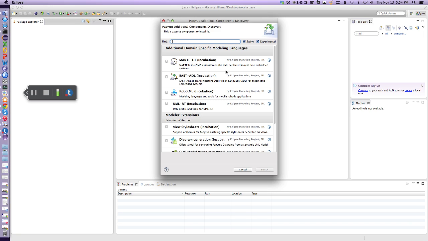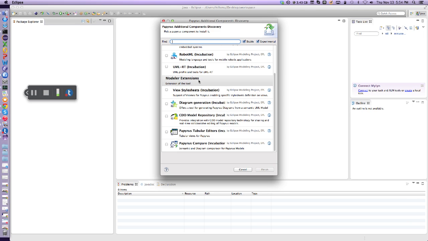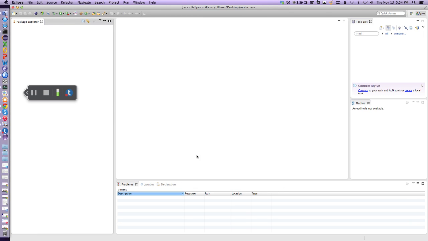need any of these, but if you were doing certain things in UML, like real-time or embedded systems, you may want to install the Marte version here. If you're doing other things or want different editors, right, you can explore these different options. We don't need any of these for now, so we'll just leave them out. Okay, so what we have at this point is, again, this sort of empty container. We have stuff we need in order to do things, but we don't actually have any kind of project going